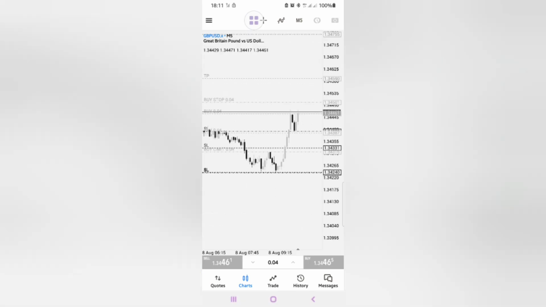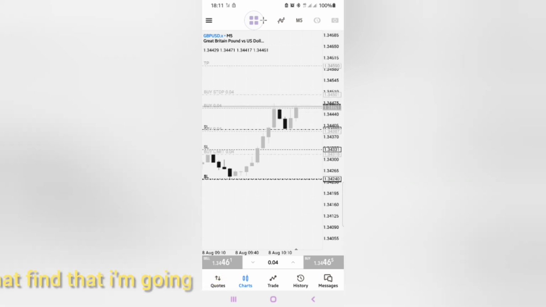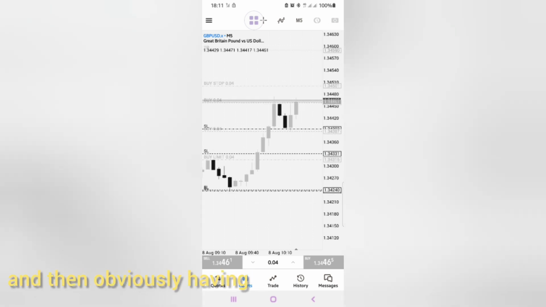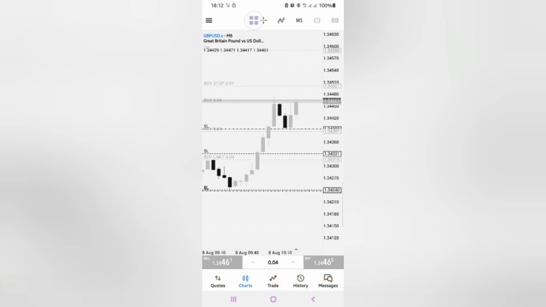Going through this, being another time to go through and breaching the rules, it all comes by the fact that I always press trades and leave them to run without me, because most of the time I find that I'm going to crash. Having done some analysis on the charts, let's say like this before lunch towards the New York session, and even I pressed some trades during the London session, but by the time the volatility comes in, you find that